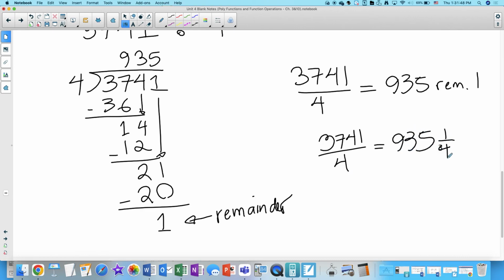Why are we doing it? Just for fun. No. What we're actually going to be doing next time we look at this unit is something called polynomial long division, and it models long division. I want to review long division first so that we're all clear on how it works. Honestly, the steps are almost identical. And what we're going to use polynomial long division for, just to give you a little hint: